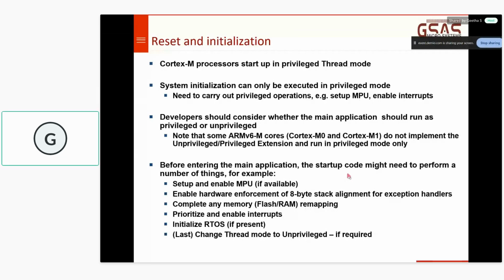If it is off-chip flash, or off-chip RAM also, it has to be set accordingly. Why is this VTOR required? Vector table offset register means your startup code has not only the entry for the processor, but it also has the exception handlers for